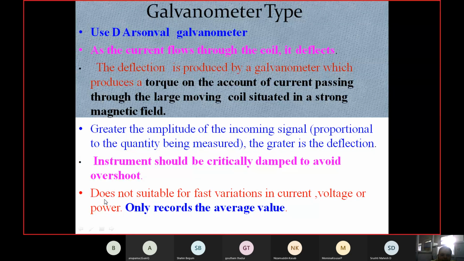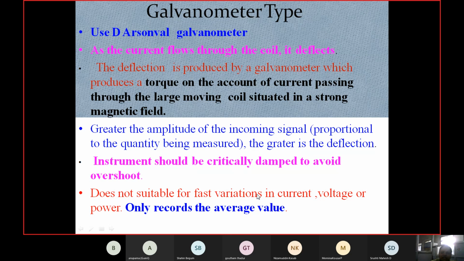Next, the galvanometer type is not suitable for fast variation in current or voltage, or in terms of power. We can't go with it if the voltage is 230 volts, which is very high, right?